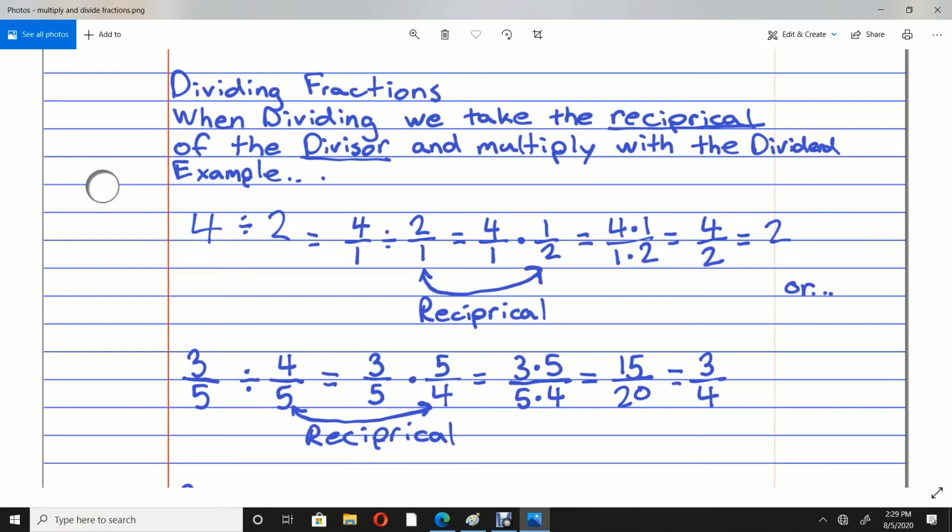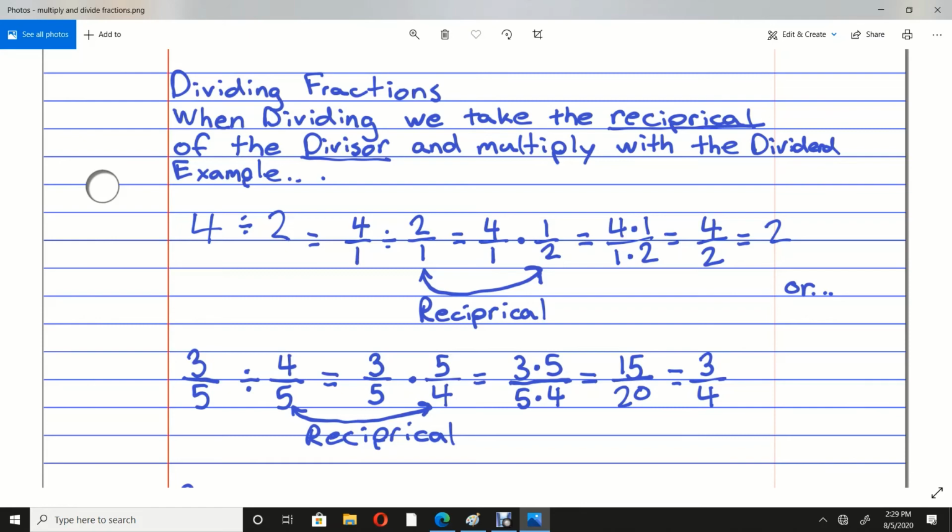So again, I'll start off with a whole number example. We have 4 divided by 2, which is going to get you 2, right? And most of y'all already know that. 4 divided by 2 is 2. So you can see that at the end here, we get the 2. But let me show you that in fraction form. So we have 4 over 1, right? We can rewrite 4 as 4 over 1, divided by 2 over 1, just rewrote 2, which equals,